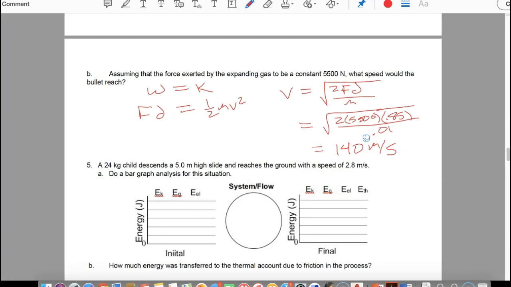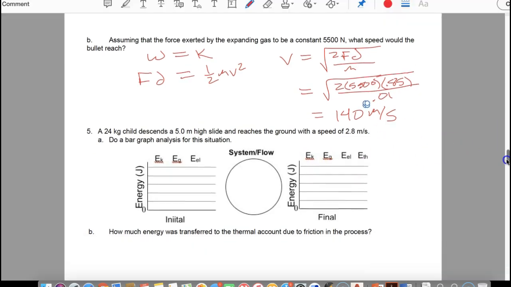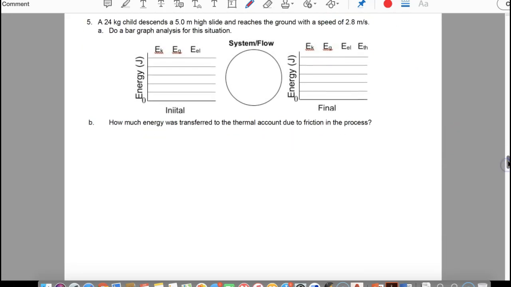For number five, we have a 24 kilogram child. That child is on a 5-meter high slide, and that child reaches the speed of 2.8 meters per second on the ground. So they want us to do a bar graph analysis for this. So here's this kid on the slide, and I know these aren't very straight, sorry. So we have the kid, we have the slide, and we have the earth. Okay, so the kid slides down, and at the very bottom we have a speed of about 2.8 meters per